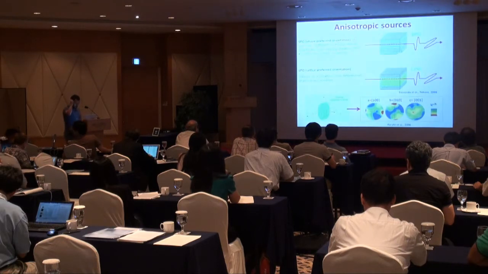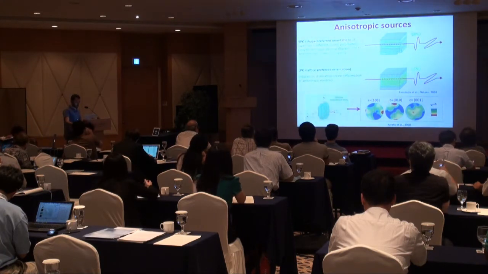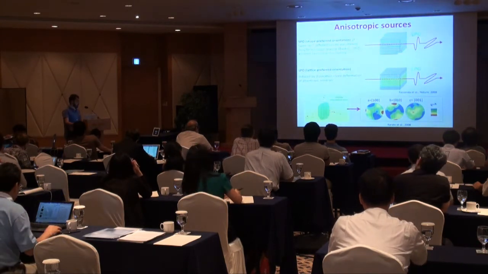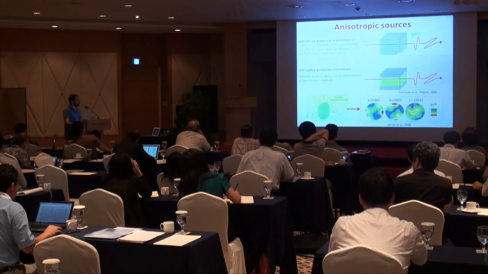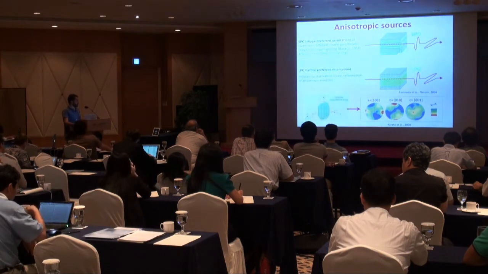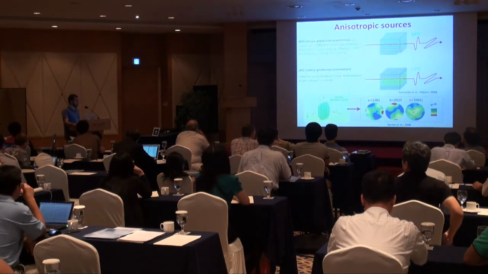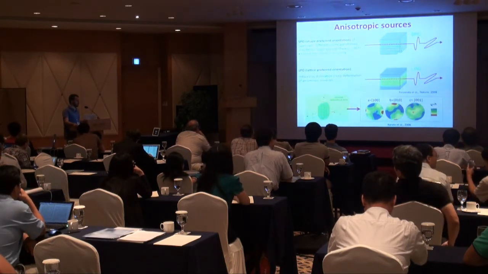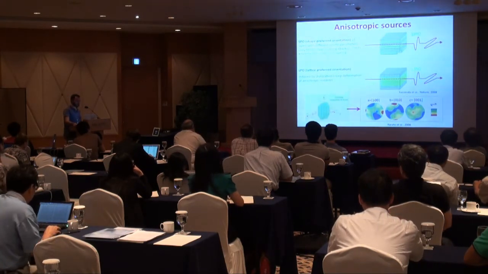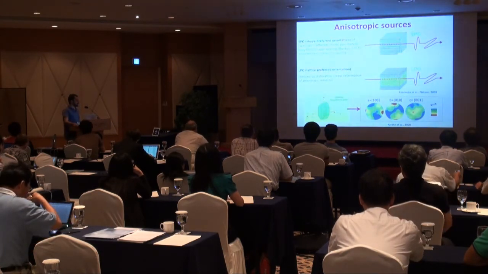Mantle flow patterns are usually determined by measuring seismic anisotropy, and the main source of seismic anisotropy is thought to be in the upper mantle, which is deforming by dislocation creep. Dislocation creep produces a lattice preferred orientation of anisotropic minerals such as olivine or pyroxene. This has been measured in samples, xenoliths coming from the mantle, and has also been verified experimentally by